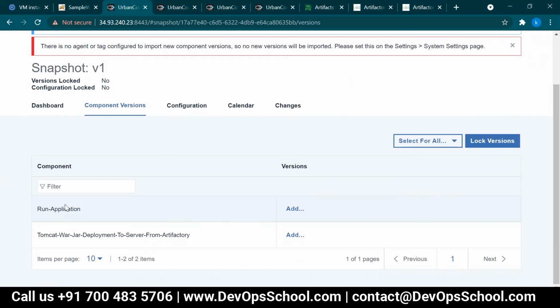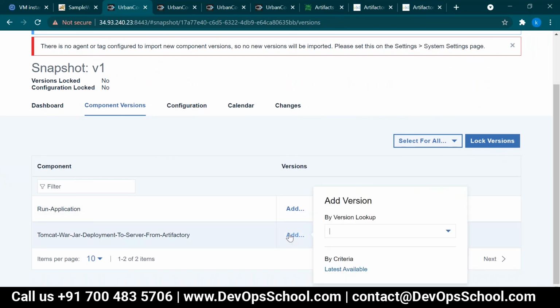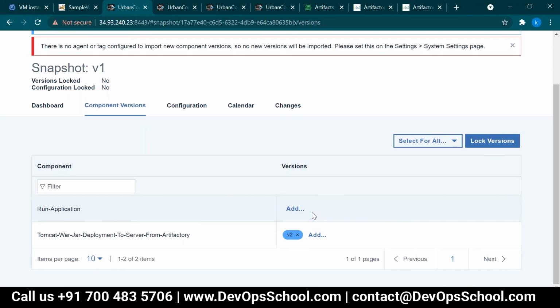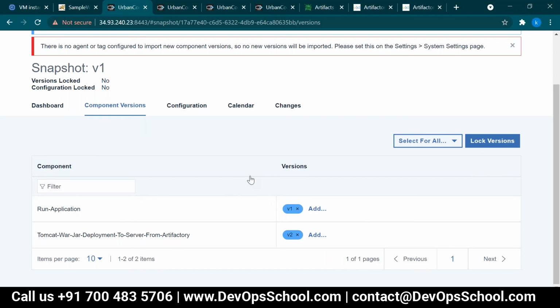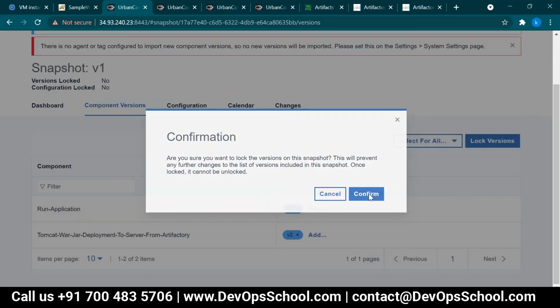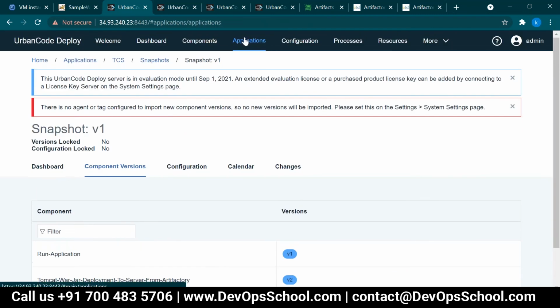Okay, in that I have 2 applications. In this first application, first component, I want to select version 2. In this second one, if I don't want to create this one, I don't require it. If I want, I can select this one and lock the snapshot. It will lock the snapshot. Confirm. Now go to the application,